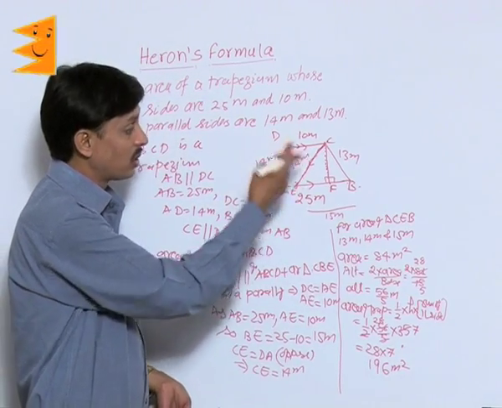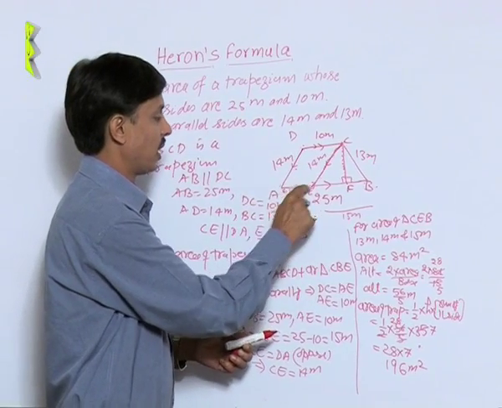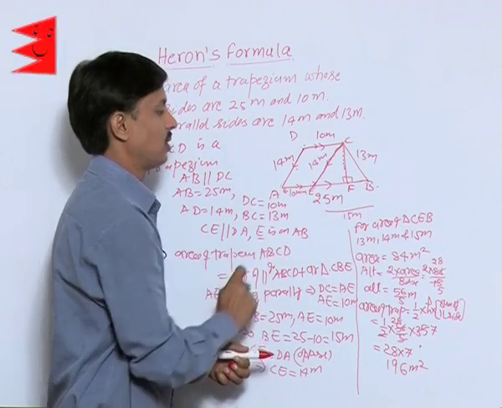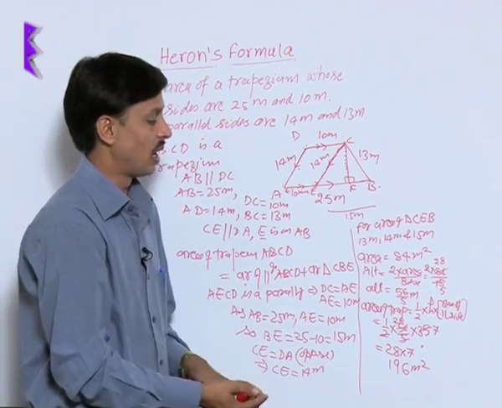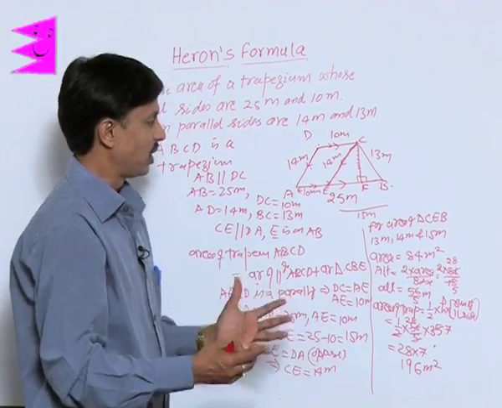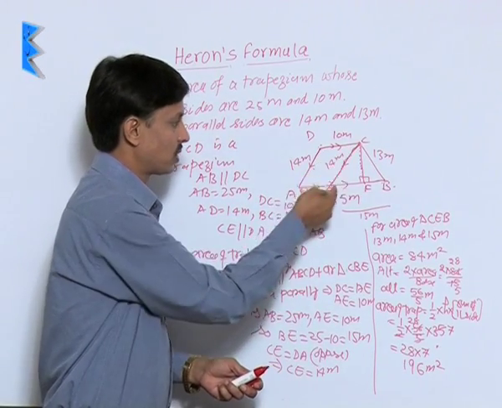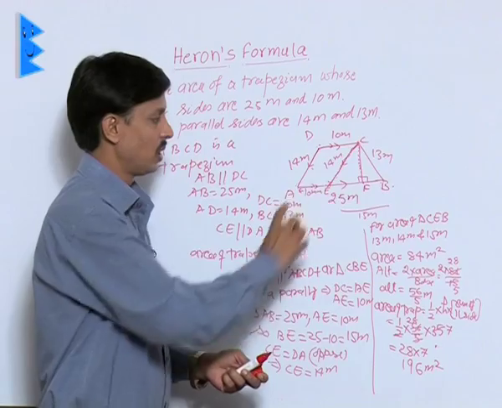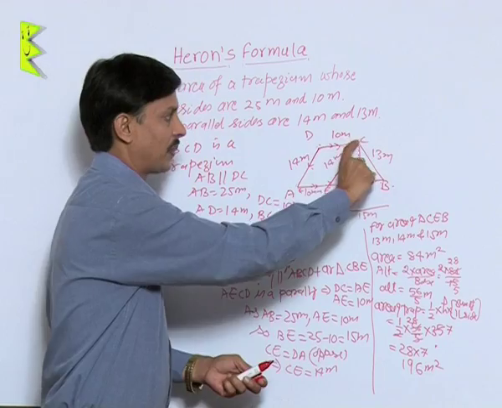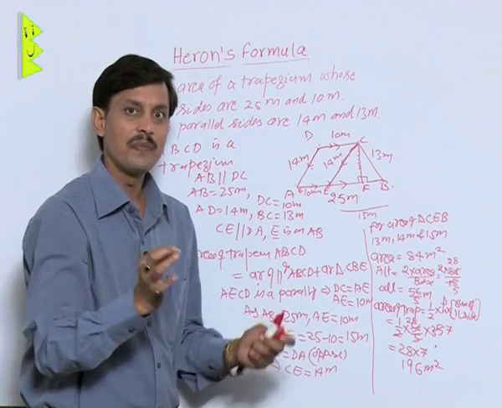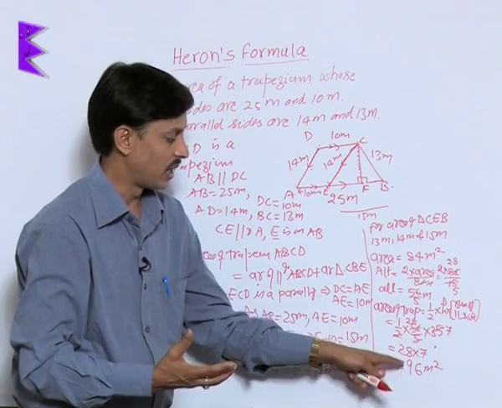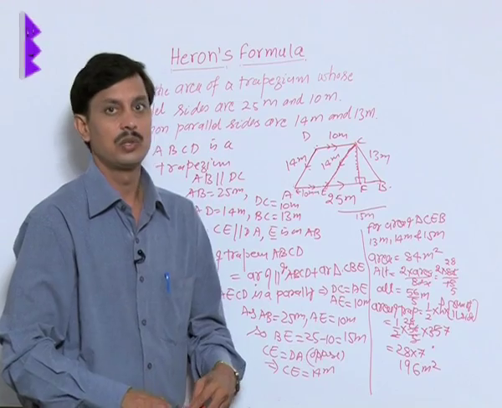The same area can also be calculated first by calculating the area of the parallelogram AECD, then the area of triangle CEB, then their sum. That will also give the total as 196 meter square. So here what was important was to draw the construction, that is to complete the parallelogram, to find A, B, C, then to find area and height. After calculating height, use the direct formula, half height into sum of parallel sides for trapezium. That becomes 196 meter square.